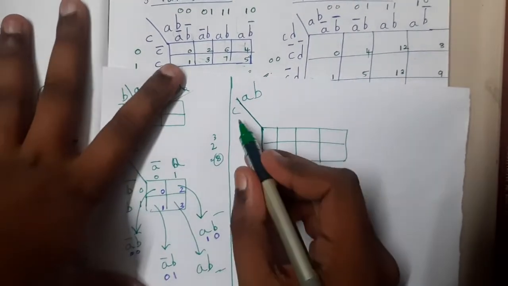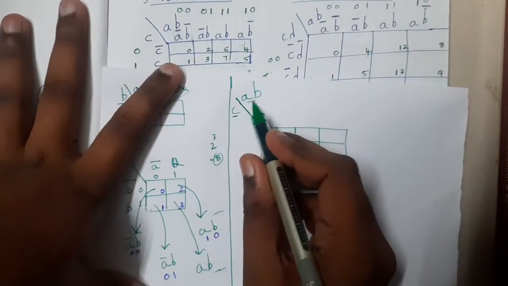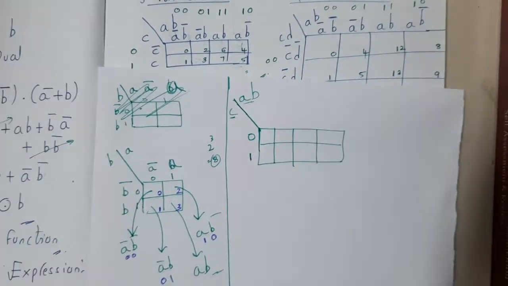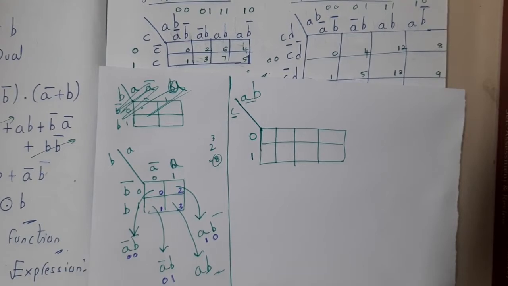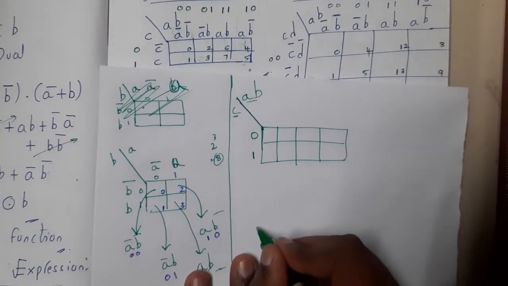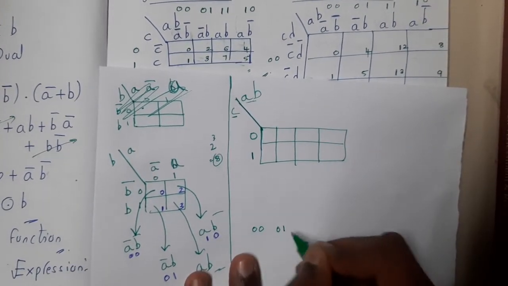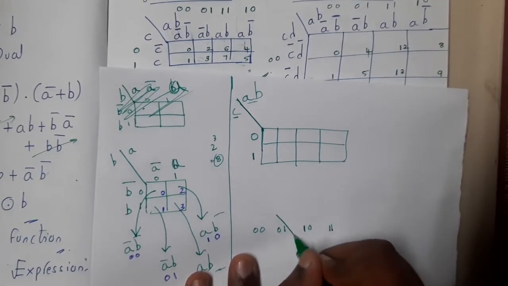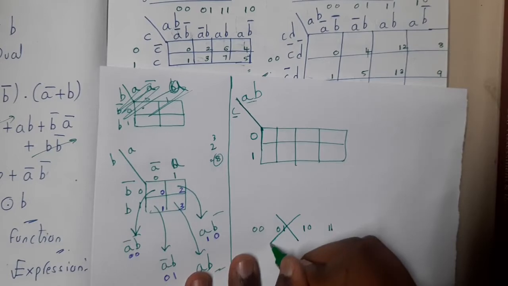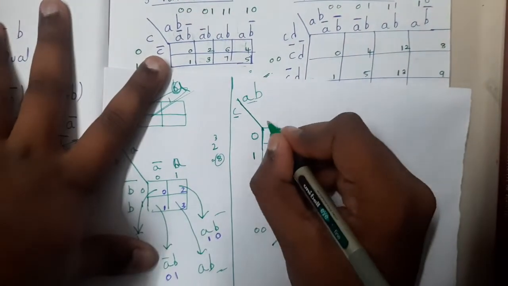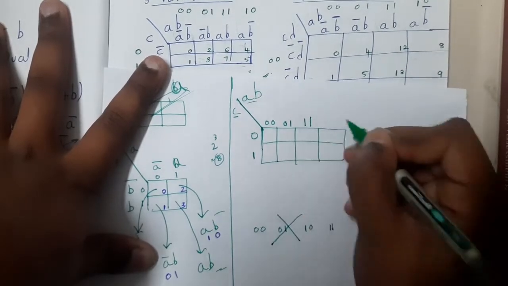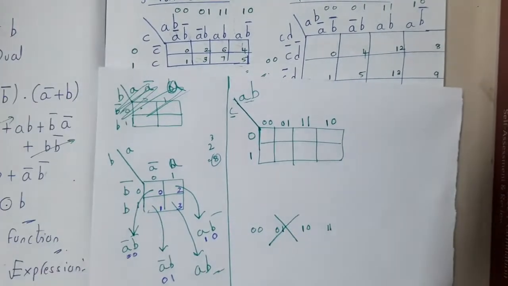In 3 variable, on one side you are having 1 variable and on the other side you are having 2 variable. On 1 variable we can write directly 0, 1. But when it comes to 2 variable, the common pattern which we follow is 0, 0, 0, 1, 1, 0, 1, 1. But this format we don't follow here, guys. So what we will change here is, you will write 0, 0. You will write 0, 1. But you will write 1, 1. Then you will write 1, 0.